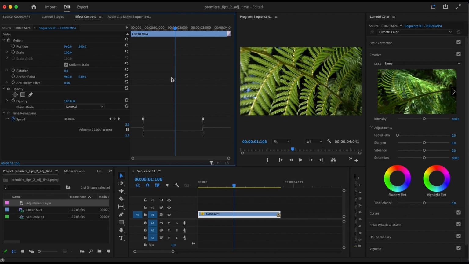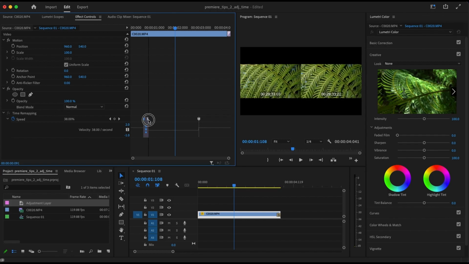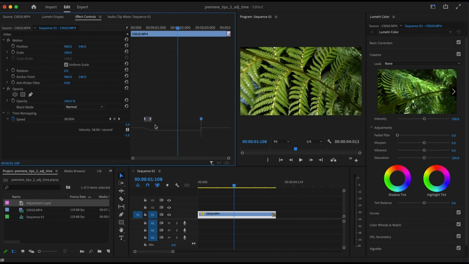Now, to actually get this as a time ramp to it, so it doesn't go from 100% to 38% instantly, what we can do is just put a ramp in here. So where the mouse is right now, it looks like a marker. Well, these actually separate. I can drag them apart. Okay, so I'm going to click on them. And below it, I've got these two dots and a little tiny rectangle. Now if I drag these dots, okay, they actually make the curve